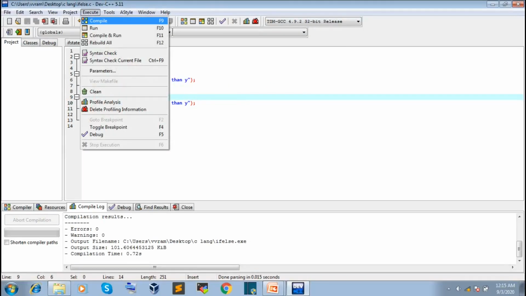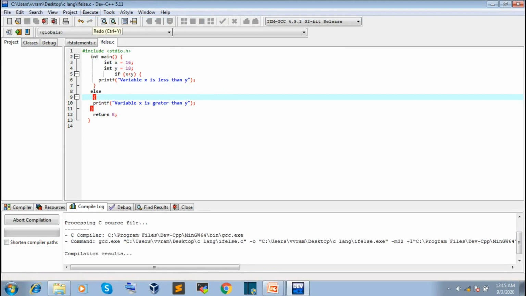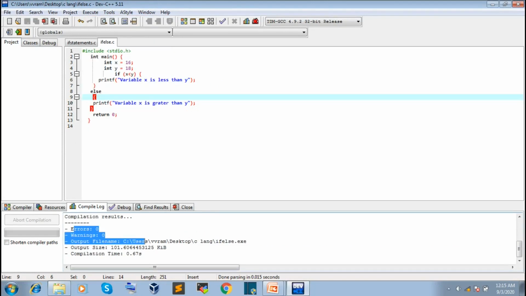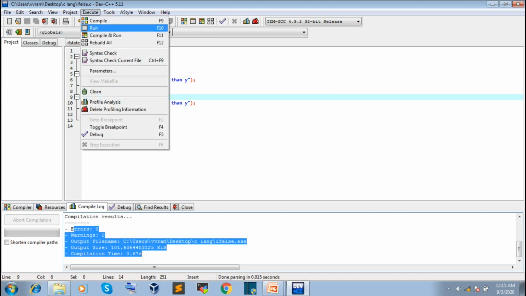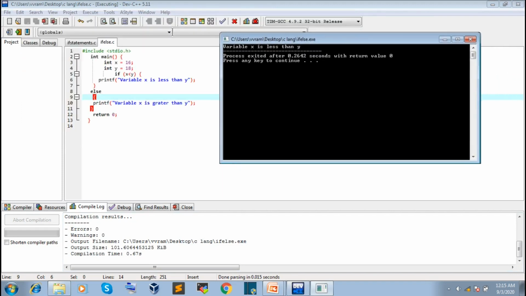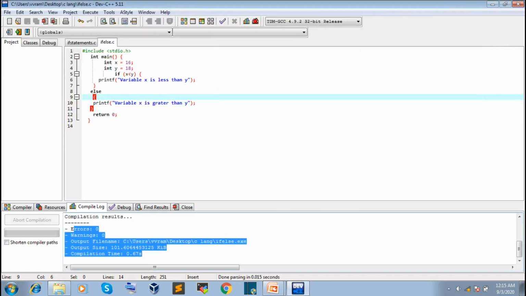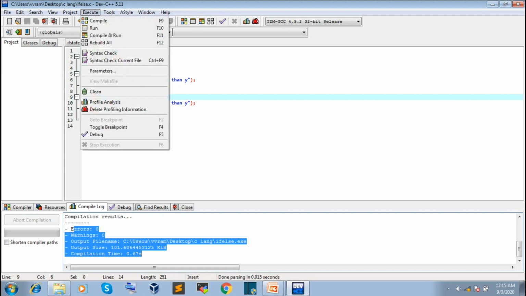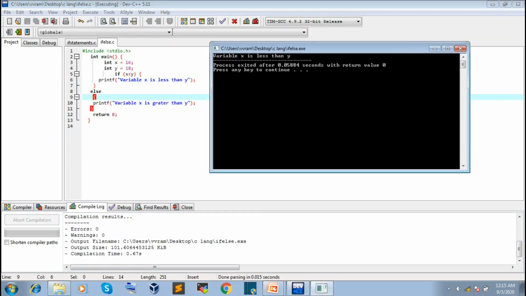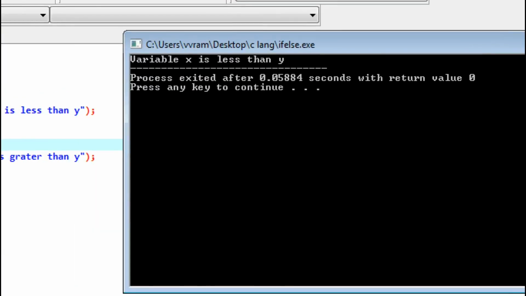Let us execute this one. Go to Execute, click on compile, and see here we got 0 errors and 0 warnings. So go to Execute and go to run, or click F10. Sorry, execute again. See here,